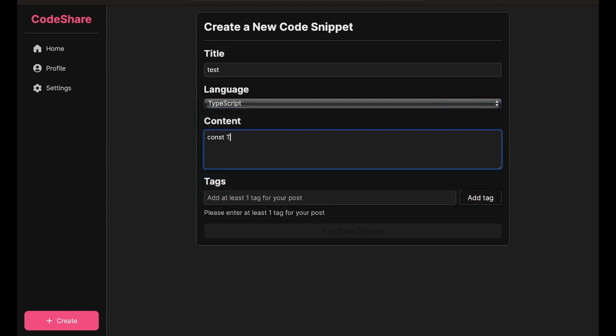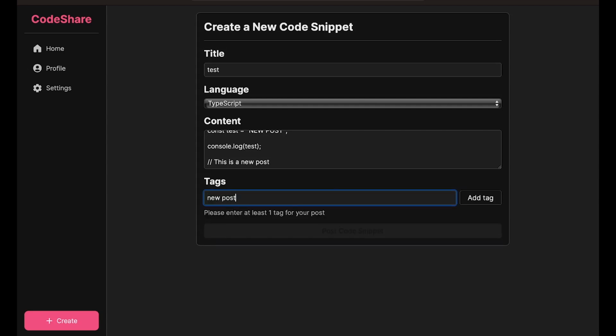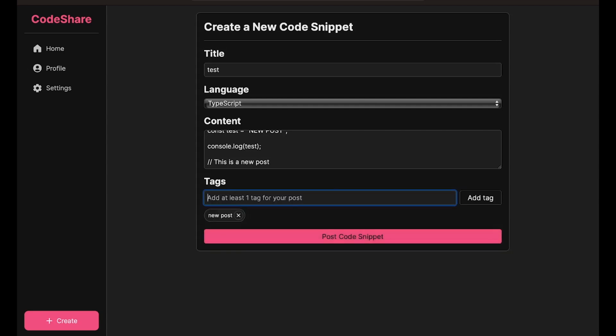and say const test is equal to new post, and then we're gonna create a new line saying console.log test, and then we're gonna create a comment saying this is a new post. And now let's add a tag saying whatever you want. New post. Wait, and let's remove this because that was a typo. New post, and let's say add, right? And now we're gonna post the code snippet, and you see that since we haven't created